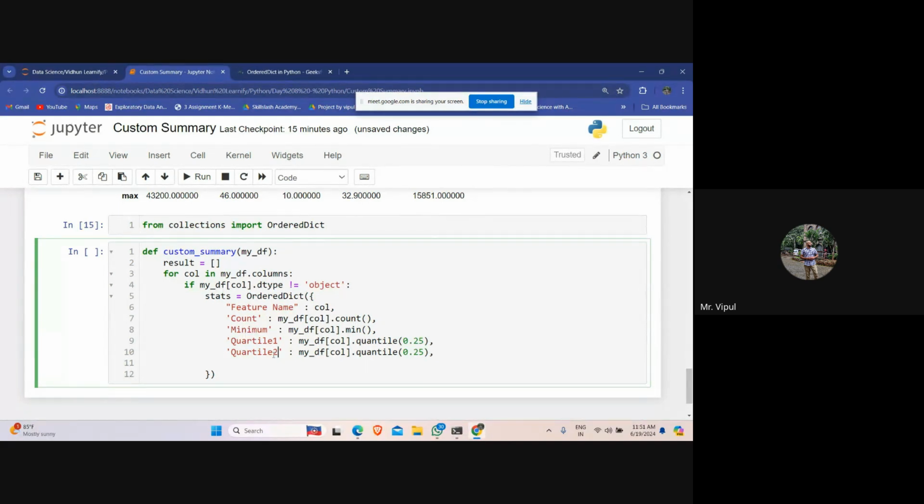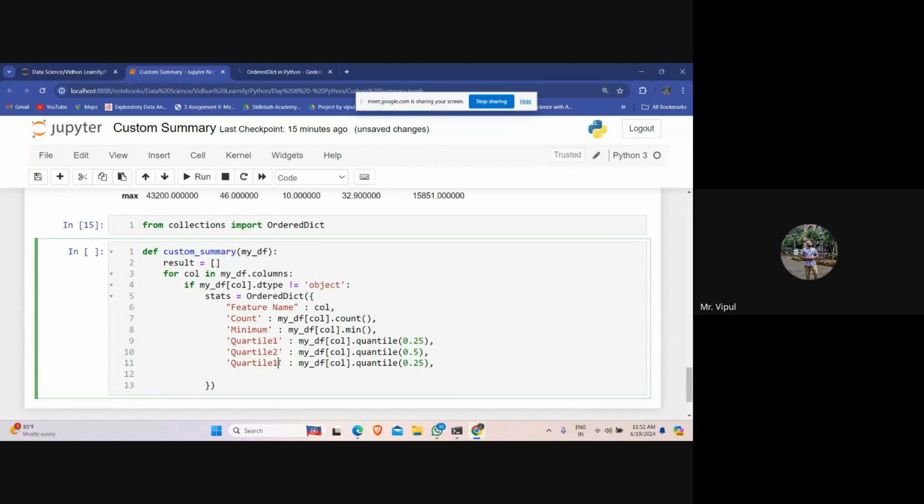तो ये क्वार्टाइल 2 it will be 0.5, then you will have quartile 3 which will be 0.75, right, comma, you will create mean column, my_df of col dot mean open close bracket, comma, then you want maximum, so maximum my_df of col dot max, comma variance, round of my_df of col